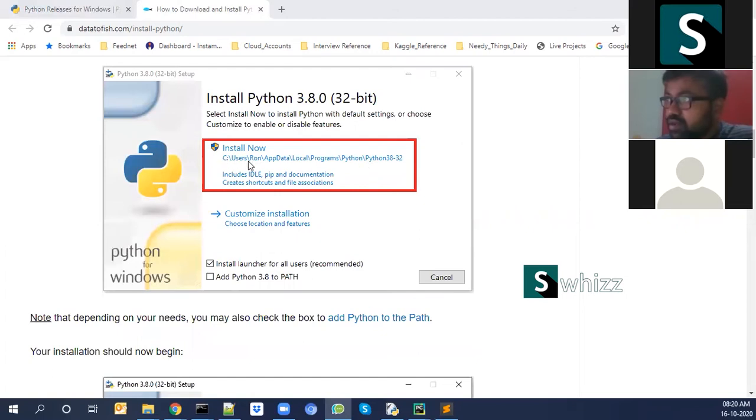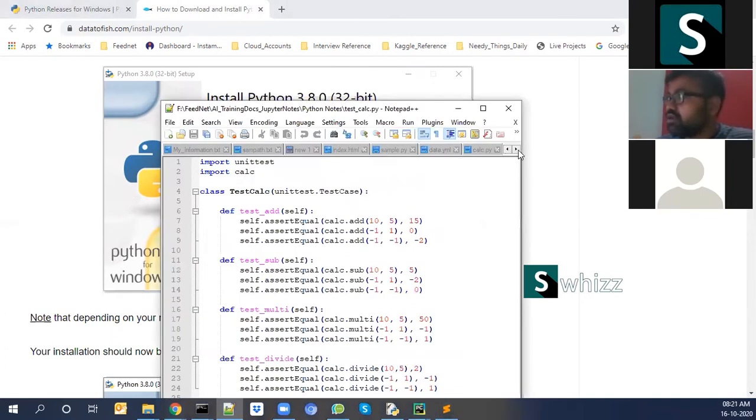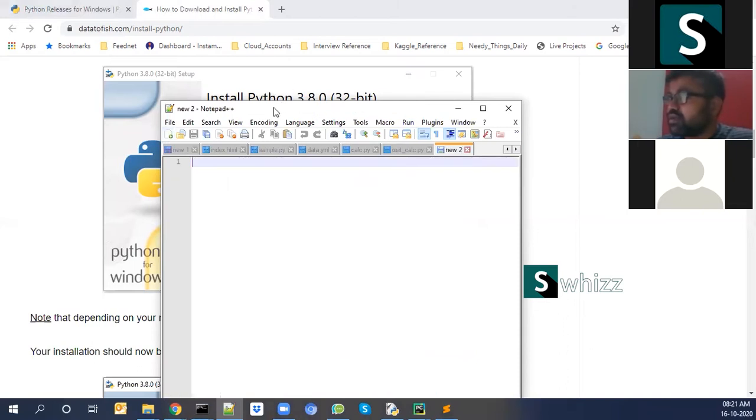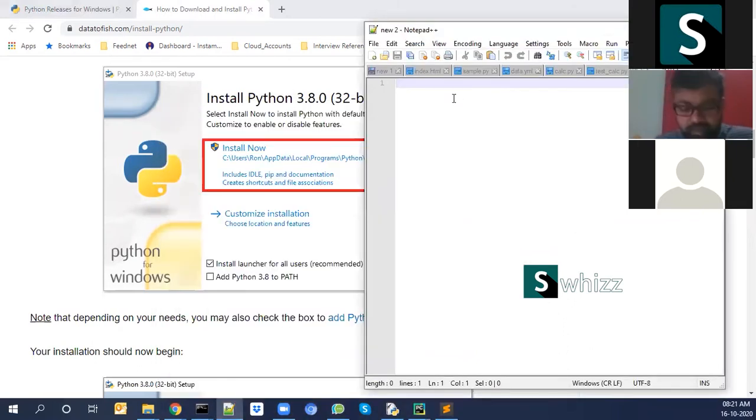Yeah, like C:\users. Remove from users to Python. Remove from this backslash users to Python up to here. So your path should be something like this. I'll show you. Your path should be something like this. One second, wait a second. So your path should be C: